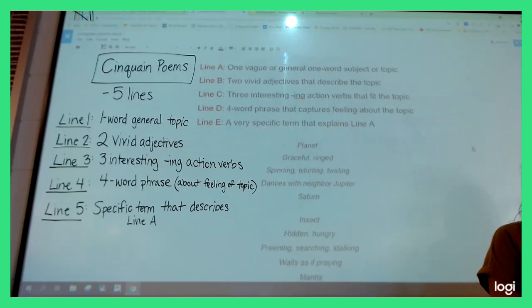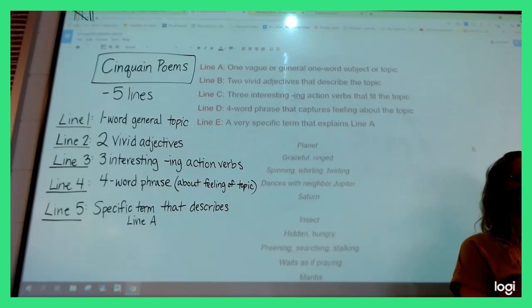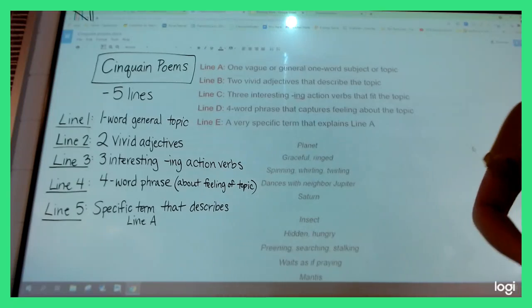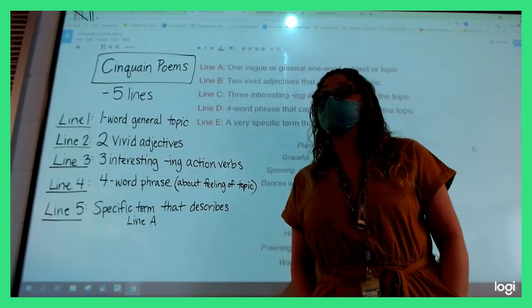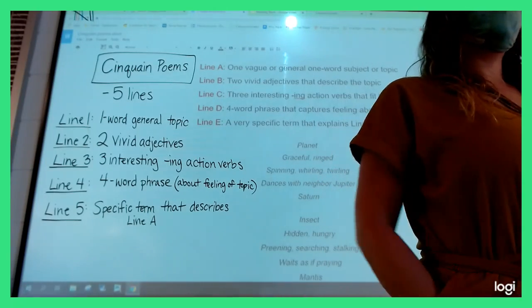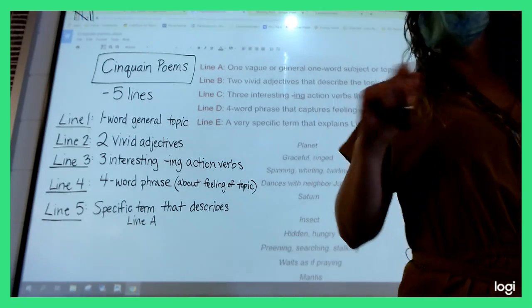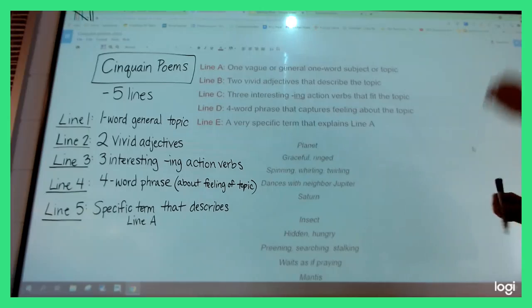We're going to practice one together right now. All right, so we are going to pick a season. These are easy to do because we all experience the seasons. So I need everyone, you can either write this on your whiteboard if you like that better, or you can put an example poem in your notes. So either get your whiteboard ready or your pencil ready, and we are going to write something about seasons.